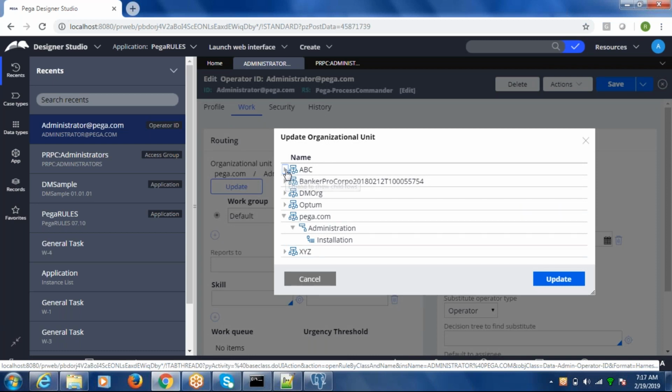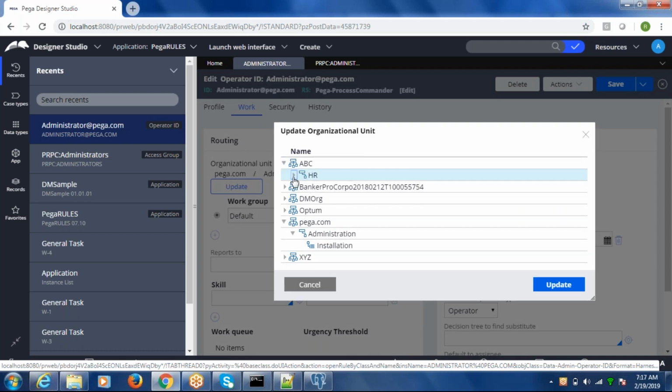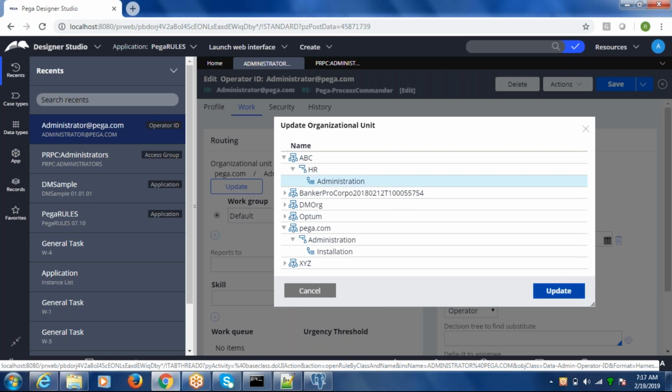Let's say if I belong to ABC and in that HR administration, I can update it. So I can work on the applications which belong to this organization. Only when you are in this specific organizational structure are you supposed to work on those applications.